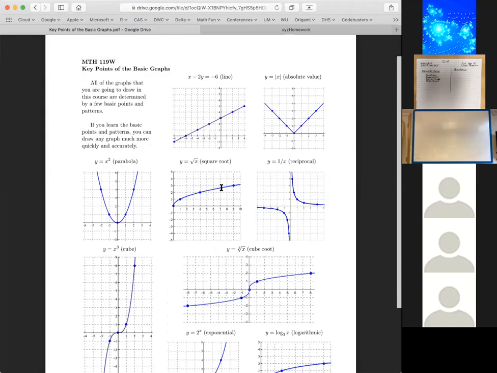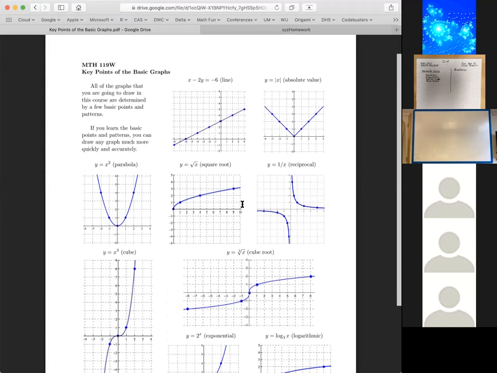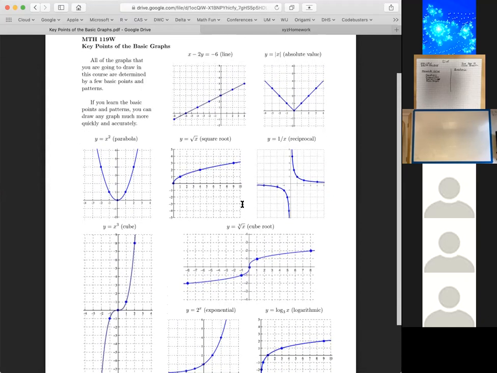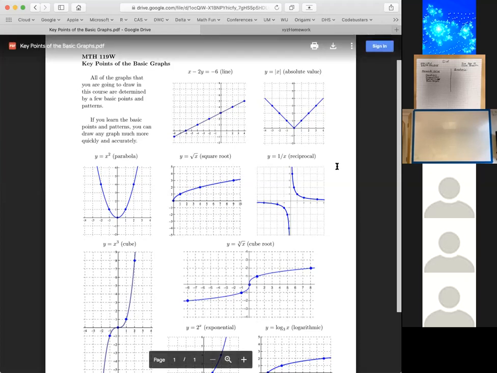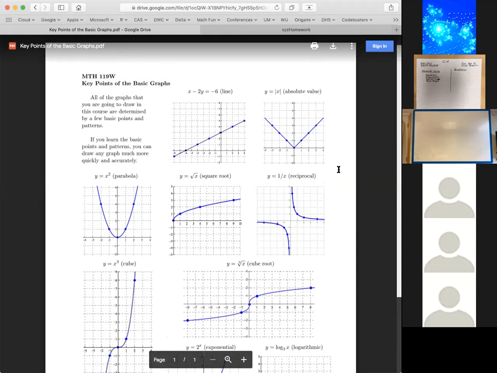But the reason I made this handout showing you these pictures is that sometimes people have this impression when they're in a class like algebra or intermediate algebra that graphing is a terrible thing. There's a million different graphs, and how do I find the points, and how do I know if it's right? All kinds of anxiety-riddled questions. But I want to look at it from another perspective, and that is there might be a million graphs out there,